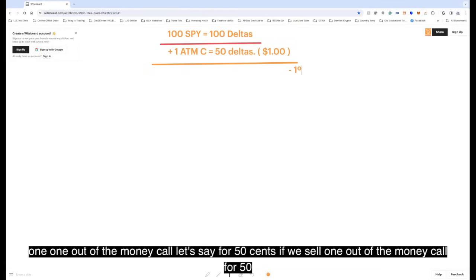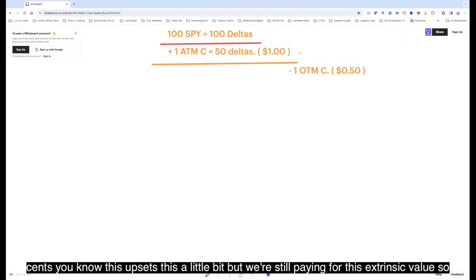one out of the money call, let's say, for 50 cents. If we sell one out of the money call for 50 cents, this offsets this a little bit, but we're still paying for this extrinsic value. So if we sell one out of the money call, this would be called a long call vertical, starting with the call at the money. This trade is probably a 25 delta